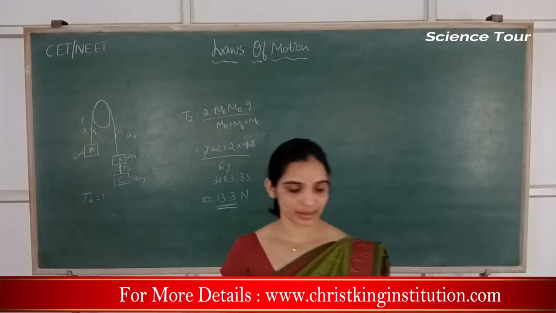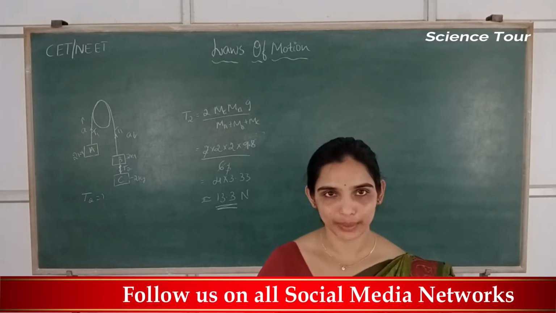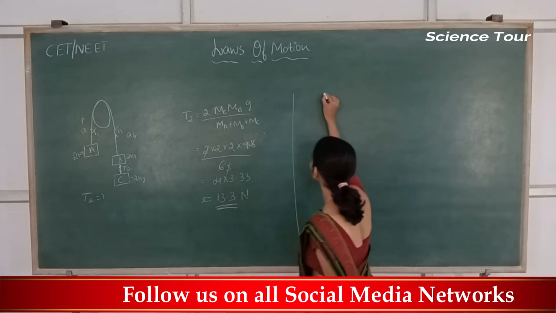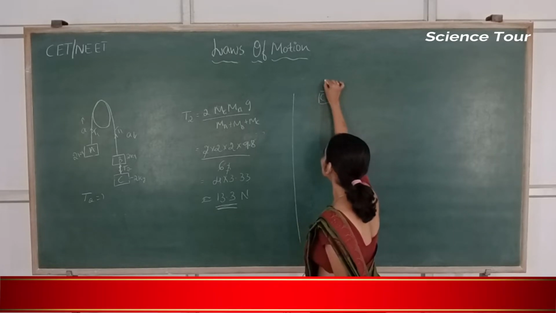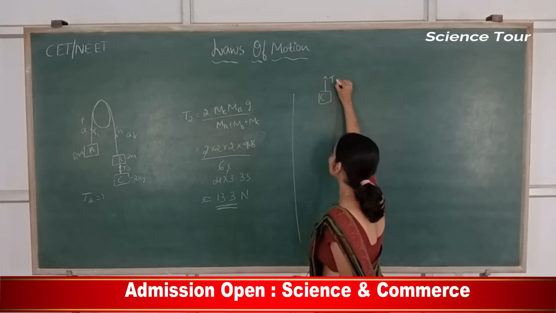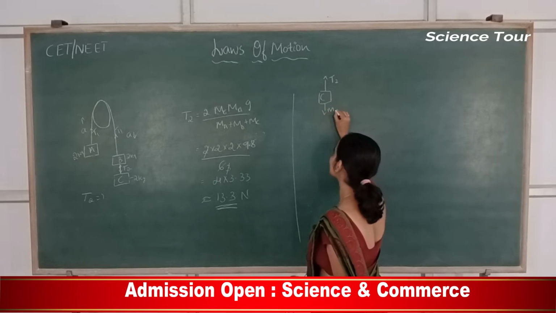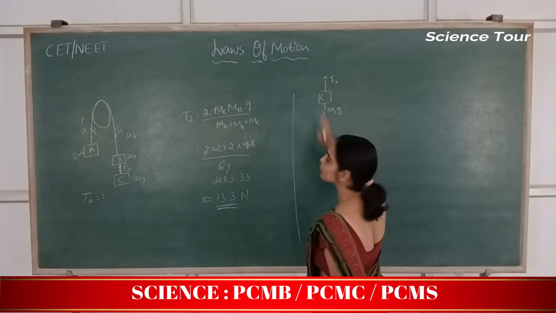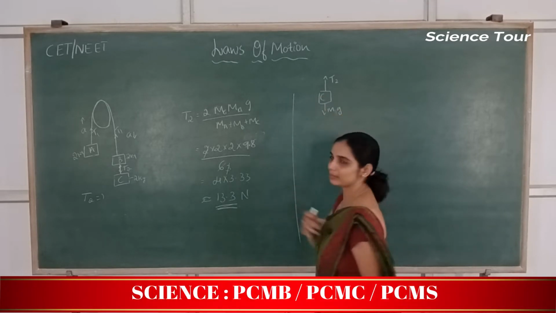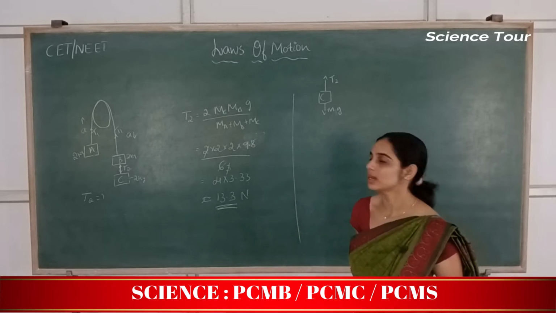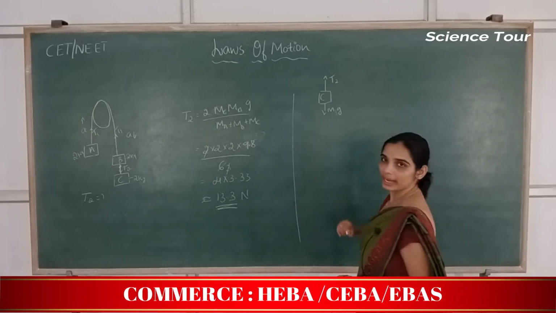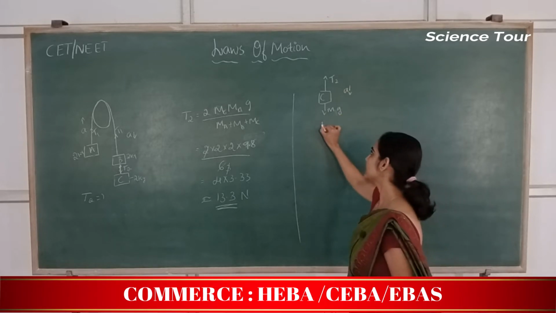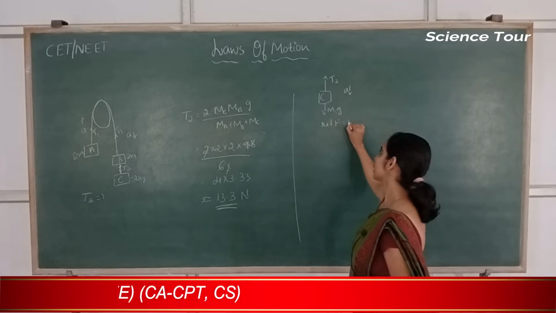Is there any easy method that I can go with? Yes, you can go with the easy method. Free body diagram of C is nothing but upward force tension T2, downward force is mass of C into gravity. Am I right? So for now mass of C, let me take it as M because I am not considering any other masses here. Acceleration is downward. So can I say that net force is equal to M into A.